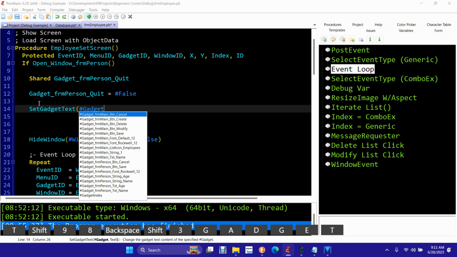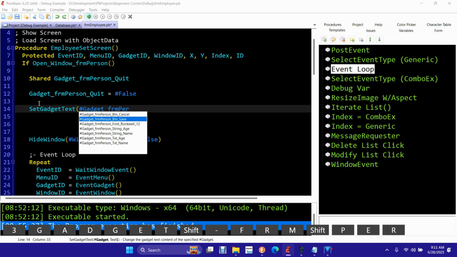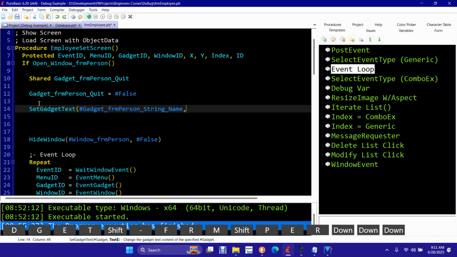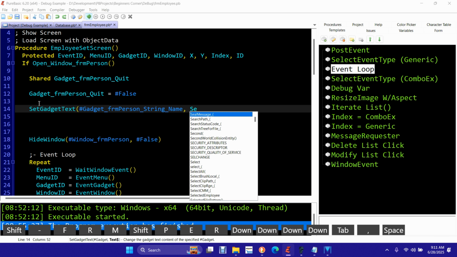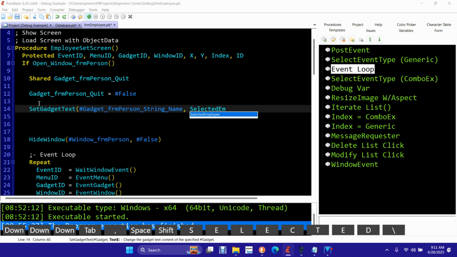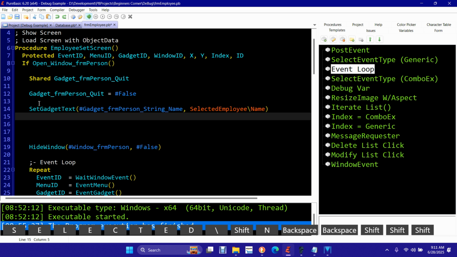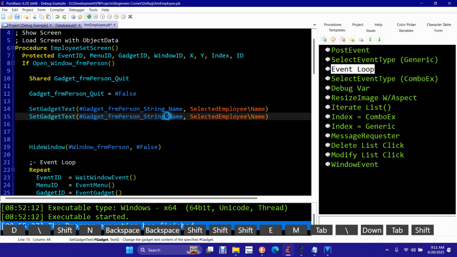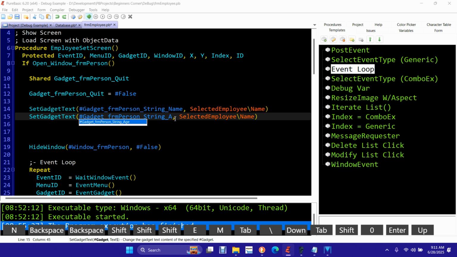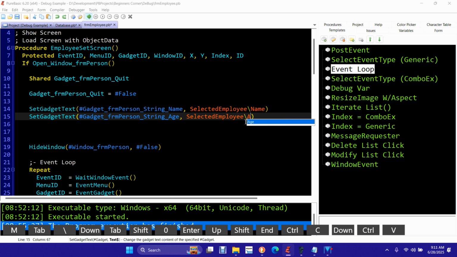And that's going to equal what? Well, it's going to equal selected name. Oh, wait, employee, right? And then name. Great. Now what we want to do is the same thing for age. So we're loading the form values with what we have out here. Well, all right, that we know is going to be a problem because it's an integer and we're going to have to convert him to a string for us. Okay, so now,